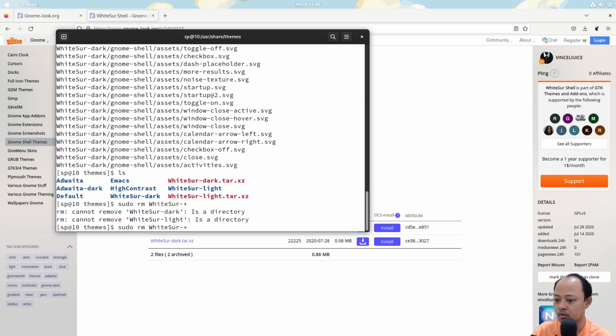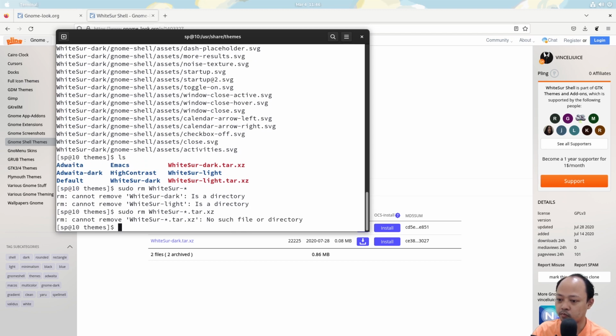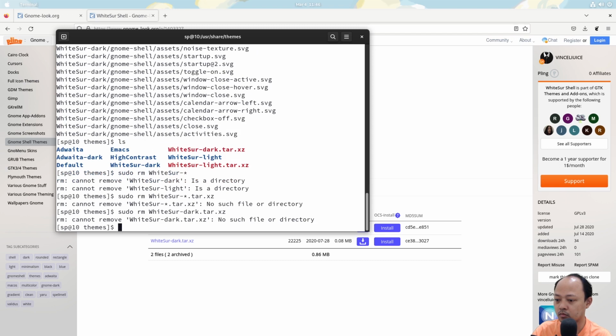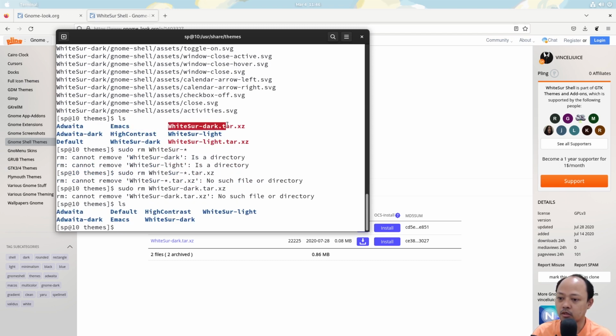I think these compressed files were already deleted by the first command.